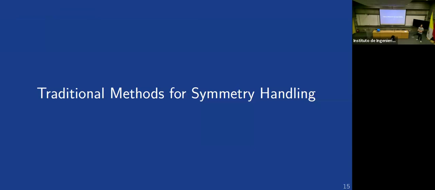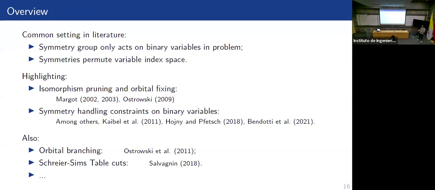So what are the traditional methods for symmetry handling before we jump to the results of our paper? I would like to highlight two methods. One is a more dynamic symmetry handling method, and another is a more static symmetry handling method. What I mean with that is a dynamic symmetry handling method is adaptive to the actual solving procedure, that's to the branch and bound process. And a static symmetry handling method is a bit like what we've seen before, where I say, look, these are the constraints, and these constraints eliminate the symmetries from the problem, and these constraints are going to be enforced by the branch and bound process.